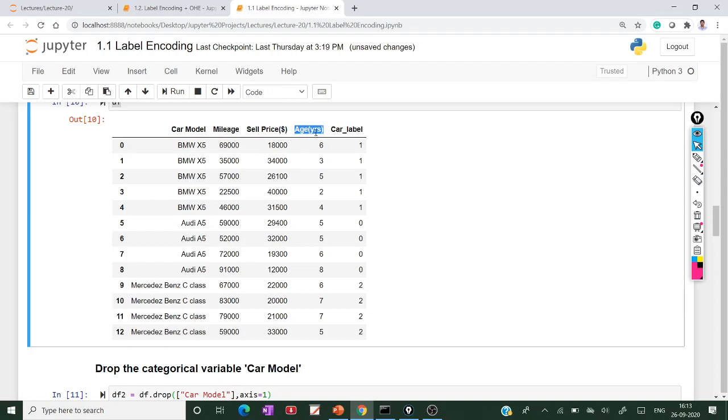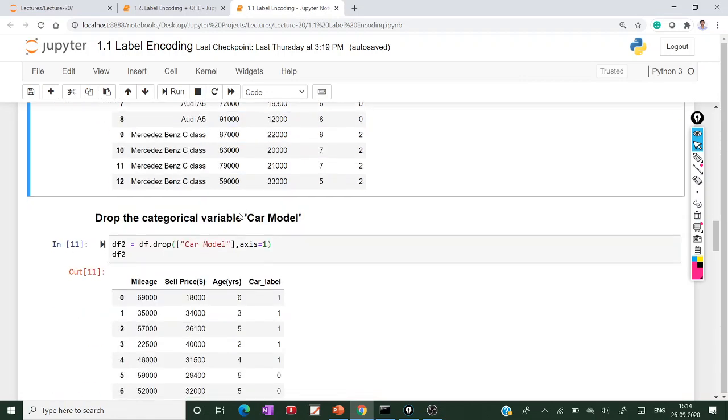Age means this is not a first-hand car; someone has already used this car and wants to sell it. So how can you decide the sell price? Based on the company model, how many kilometers it has covered, the mileage, and how many years it was used. Based on these parameters the sell price depends. So here the target variable is sell price.